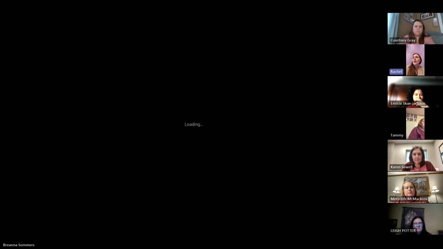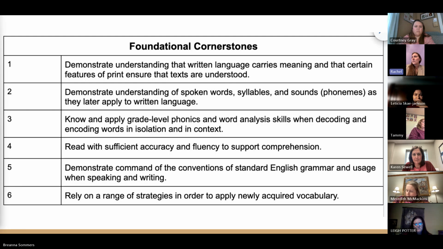So also drawing on what we had said in the past, for each of these sections there's at least one reference to Scarborough's reading rope and how it ties in to each section. My only thing, and I hadn't gotten a chance to talk to Karen about this, is that we had labeled our drafts "connections to the reading rope." I think we should have it as "foundational standards introduction," only because we have that reference in each section, but there are going to be other models that come up, and this model,